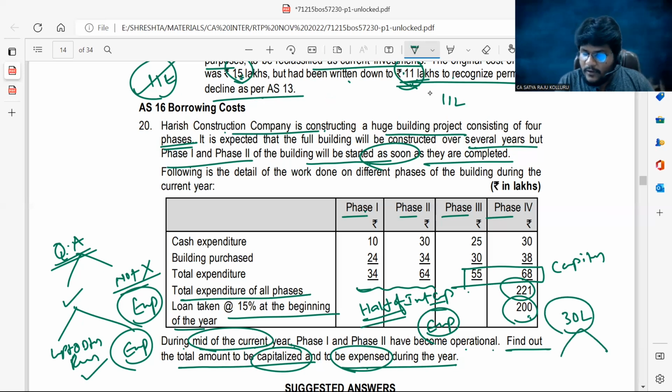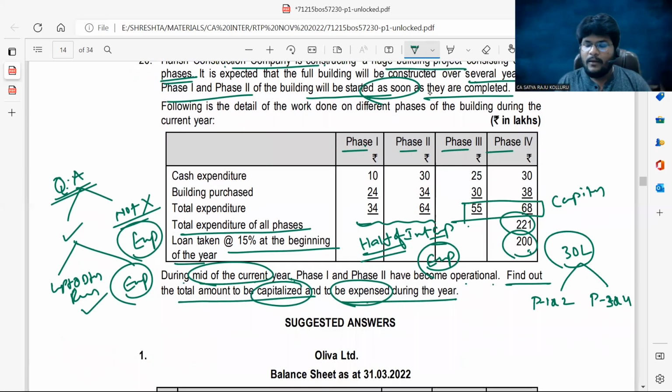Out of which, for phase 1 and 2, how much? For phase 3 and 4, how much? First, you need to check. In the proportion of cost only, we need to distribute this interest cost as well. For phase 1, 34 plus 64, total 58 lakhs cost incurred. For phase 3 and 4 put together, 55 plus 68, 123 lakhs they incurred. Now, in the ratio of 58 lakhs is to 123 lakhs, you need to distribute this